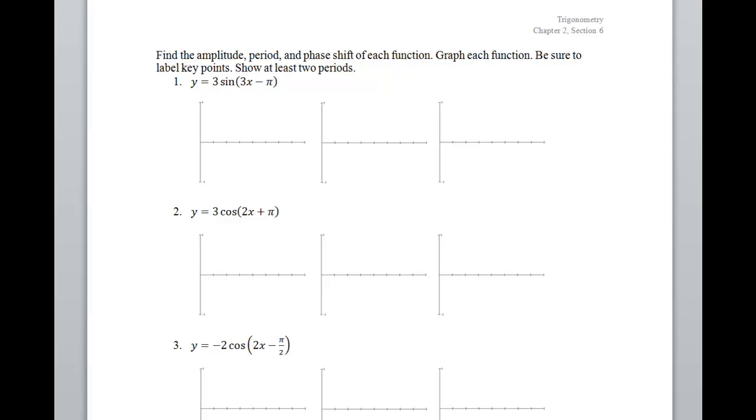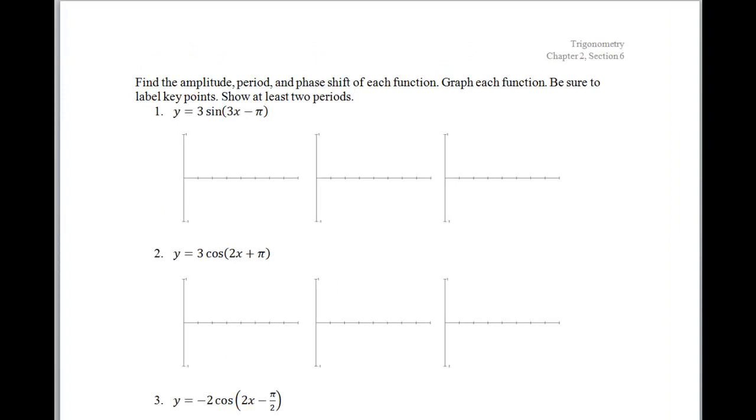We are going to be taking a look at the second part of Chapter 2, Section 6. We're going to do a little emphasis here on some of the phase shifting, which is a horizontal shift on trigonometric graphs. And we're looking at sine and cosine on this page. So let's get started. We're going to be doing 4 graphs in this video, starting off with